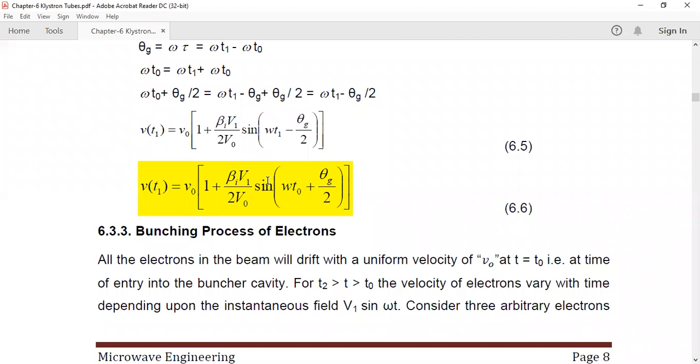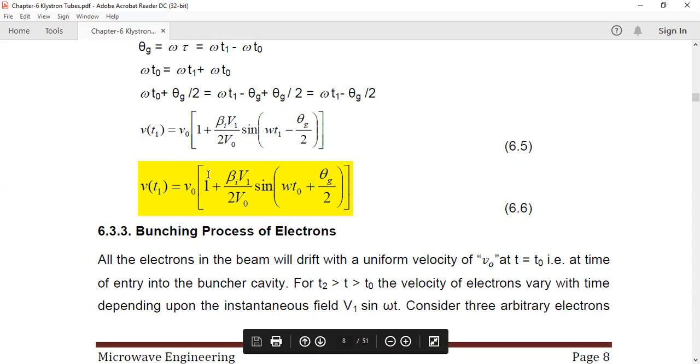The only difference is that in the reflex klystron, in place of the second cavity, that is the catcher cavity, that is not available there. There we have a repeller. A repeller means a negatively charged plate is there. That repeller reflects the electrons, because the electrons are negatively charged and the plate also has a negative charge. Because of that, the electrons are repelled by this repeller and travel back to the buncher cavity. On the return, the buncher cavity acts as a catcher cavity. Okay, that we'll see also.